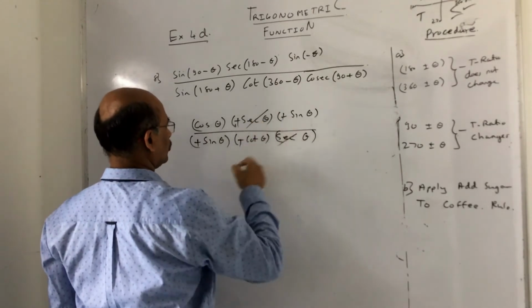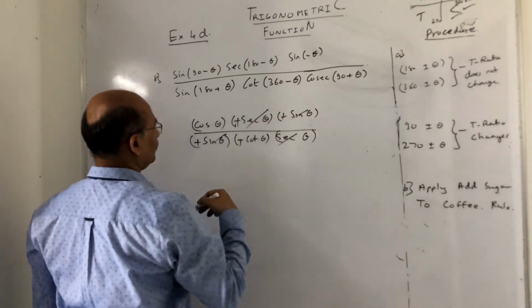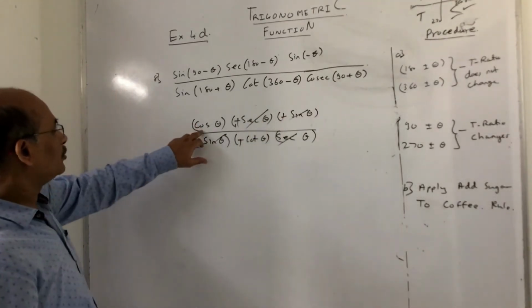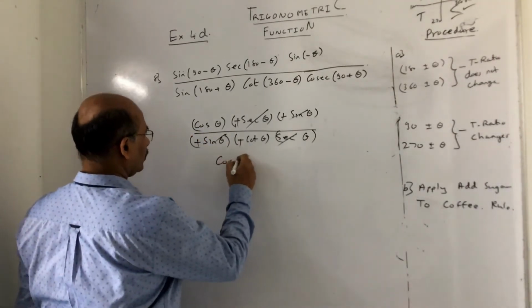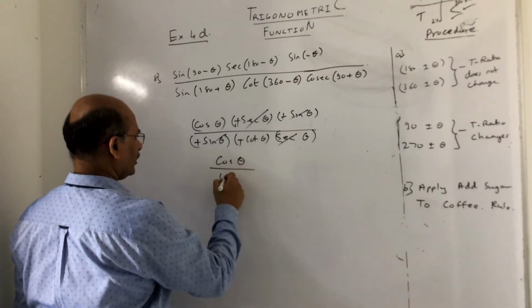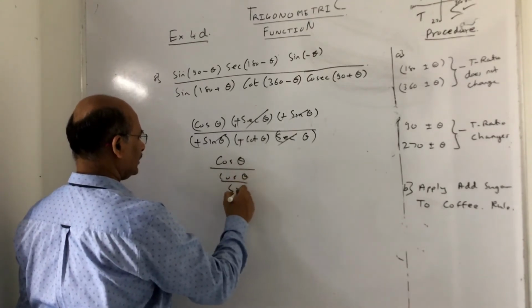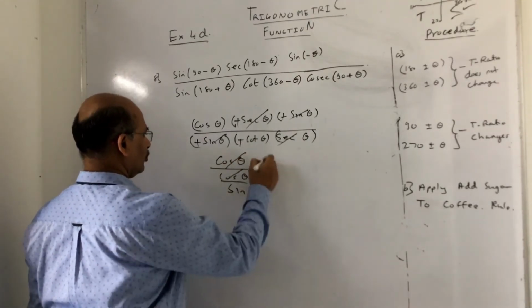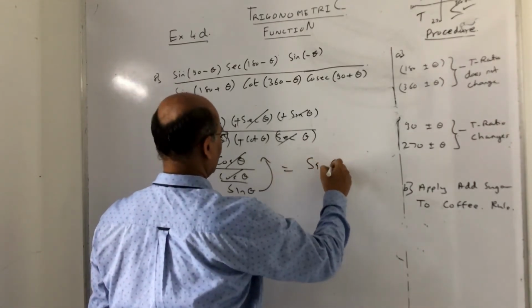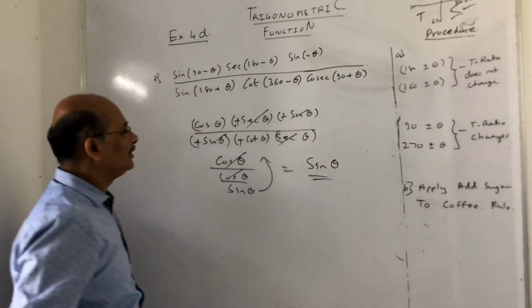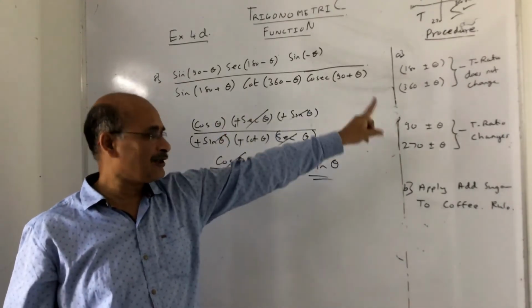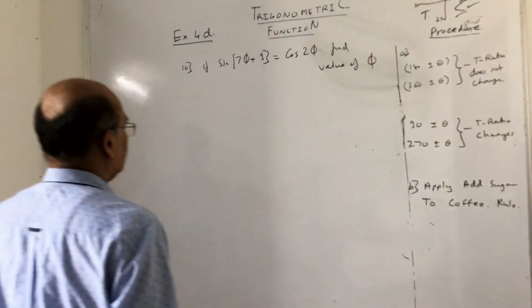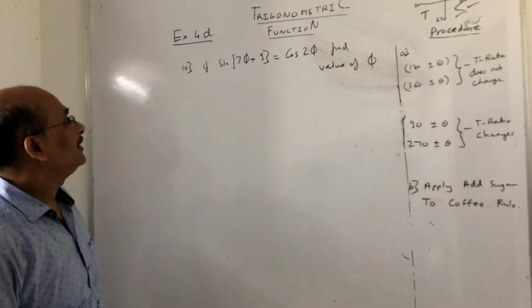So sec theta goes off, sine theta goes off. By the way, if you see this, here is cos and here it is cot. So cot theta we can write as cos theta upon sine theta. This eliminates, goes up, and the final answer will be sine theta. So not a difficult one, but it is testing your skills on this trigonometric part which we had. Alright, let us see the next question now.